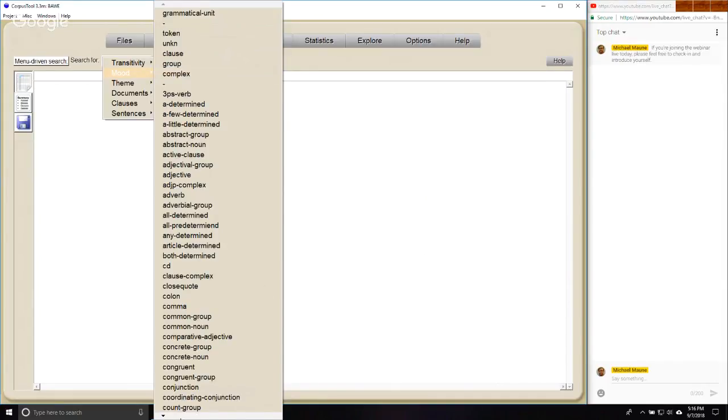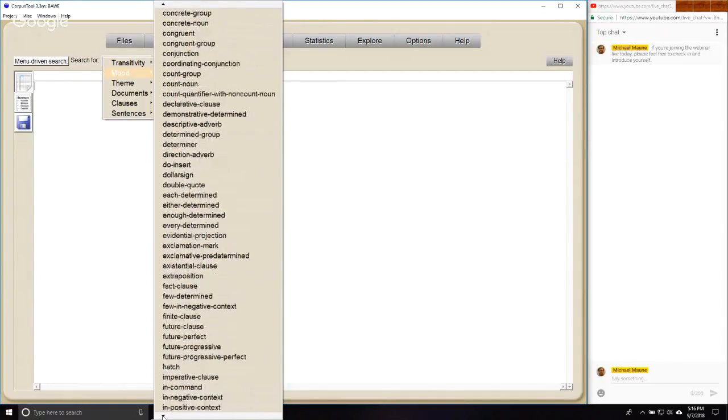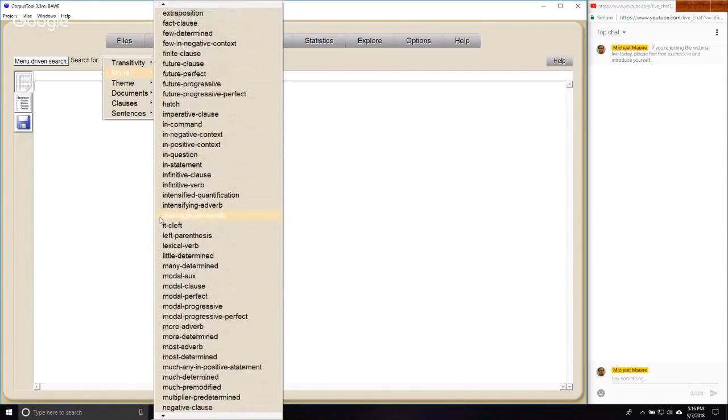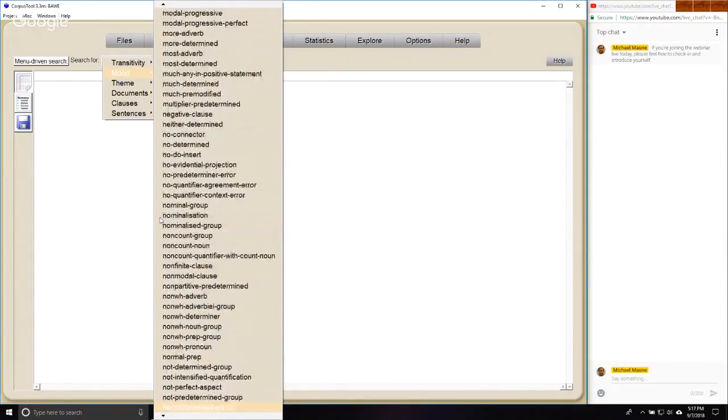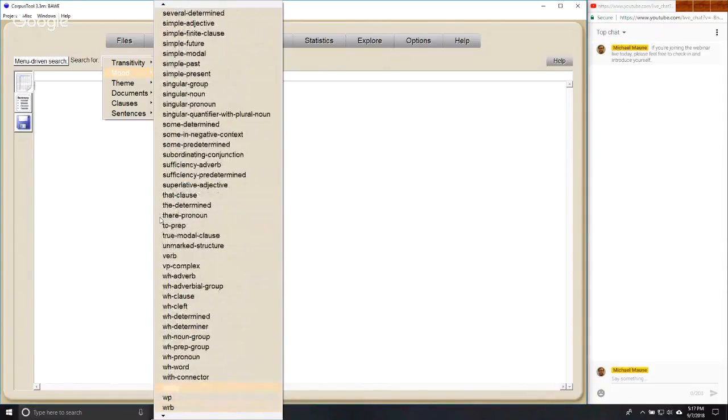Then I went down to the arrow here and clicked on it, and that was the way you can scroll. That is the only way, as far as I know. You can also use the arrow keys on your keyboard, and that apparently does it a whole lot faster. I hadn't really realized that. So we're going to select the feature word,